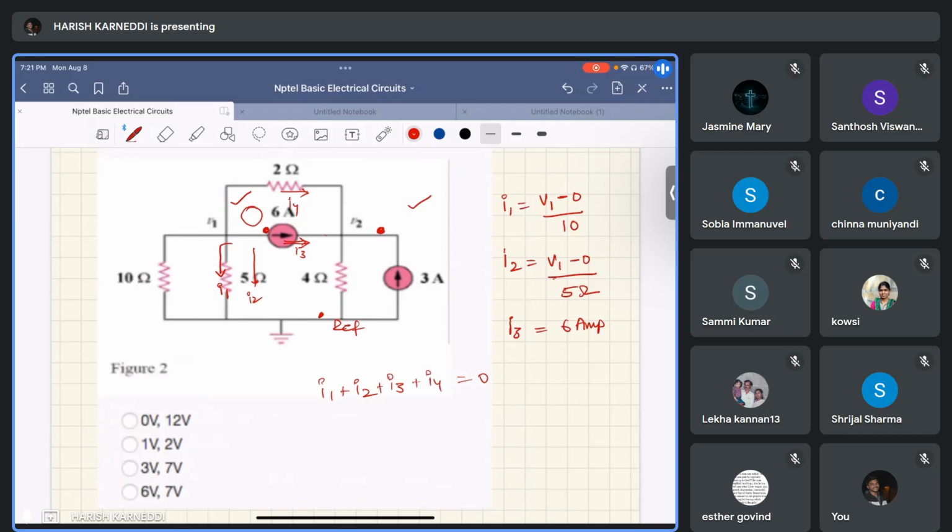This I3 is also 6 amps, and I4 equal to,